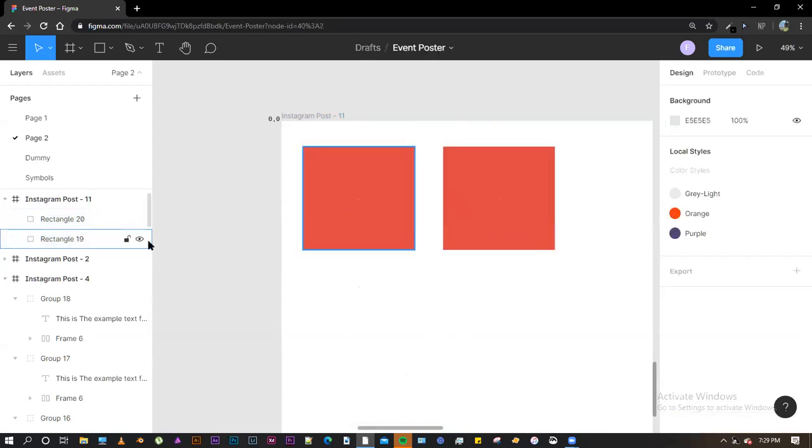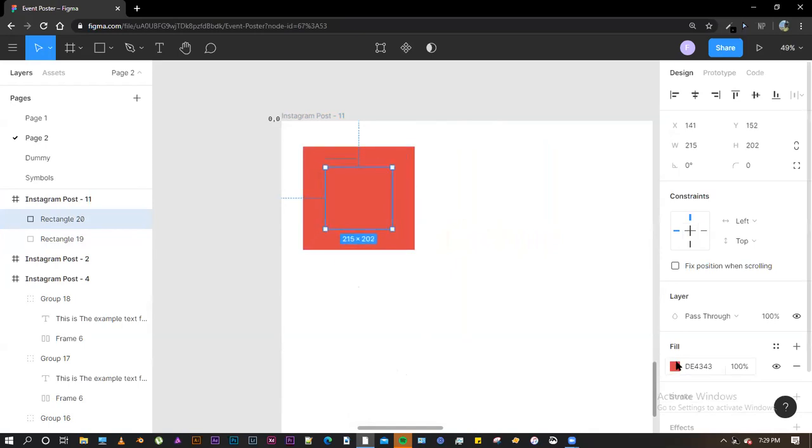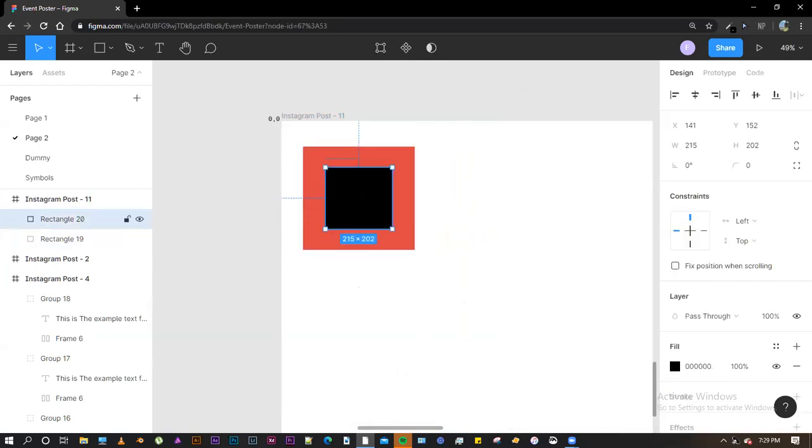All right. And if I click on this shape and move it above the shape and reduce its size, and change its color, this is a layer which is above this layer. The black rectangle is above the red rectangle. So if I want to move the black rectangle below the red rectangle, I would hold down the control or the command key and then click on the left bracket.